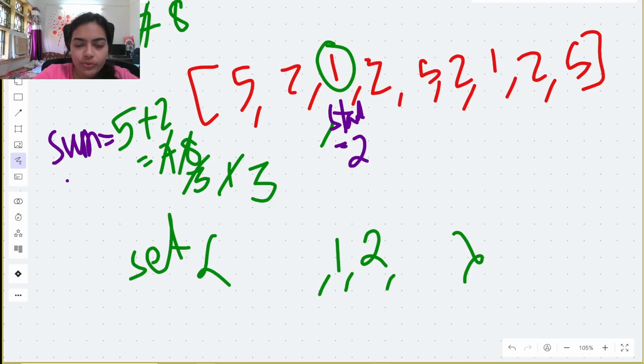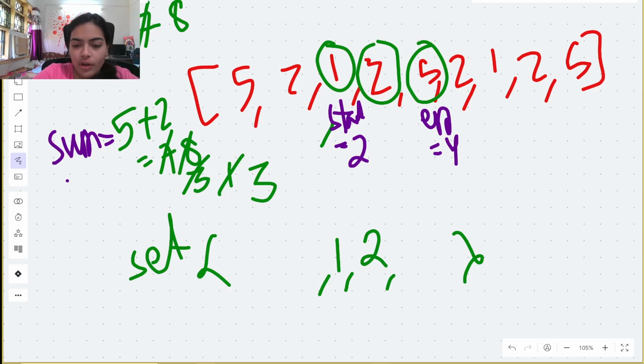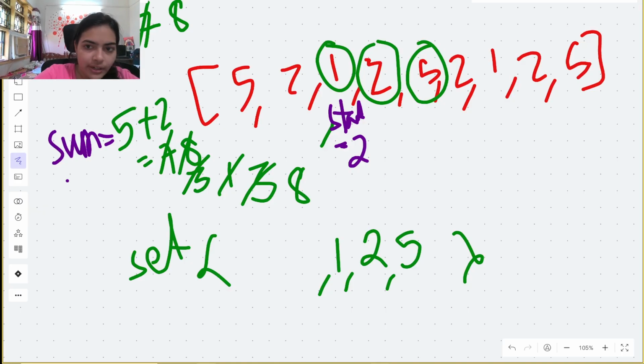So whenever we have to go forward, what we will do, we will just change the end variable. So end will be equal to 4. That means we are looking at this element. Now 5 is not there in the set. We will just add it to the set. We will change the sum variable. Answer is equal to 8 and we have sum 8. So we need not change anything. Let's just go forward. Now we will again move our end pointer. End will come at the index number 5.